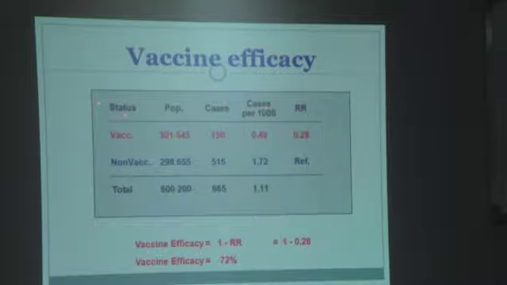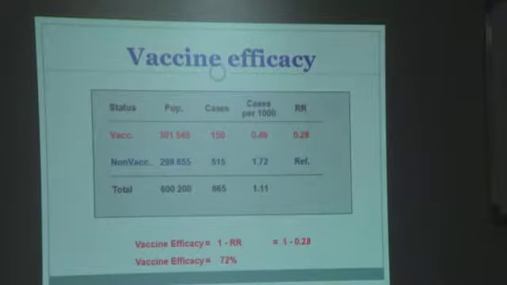Among those vaccinated, this is the total population of vaccinees, but these are the children who got measles, 150. So the number of cases per 100,000 is this divided by this, which gives us 0.49. Then, compared with the cases per 100,000 among those who get measles but were not vaccinated, we get this fraction. These two fractions give us a relative risk of